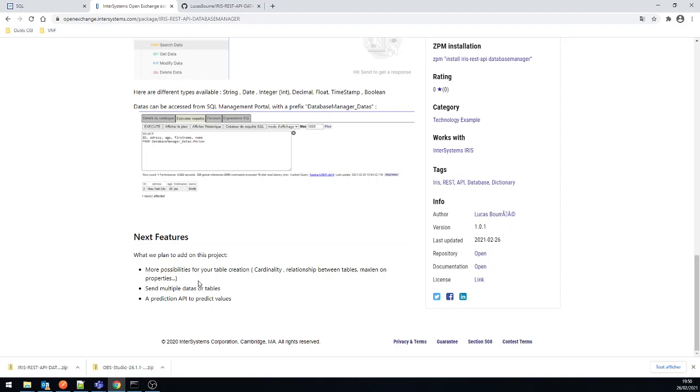We would also like to implement a prediction API to predict values before creating a data, for example.